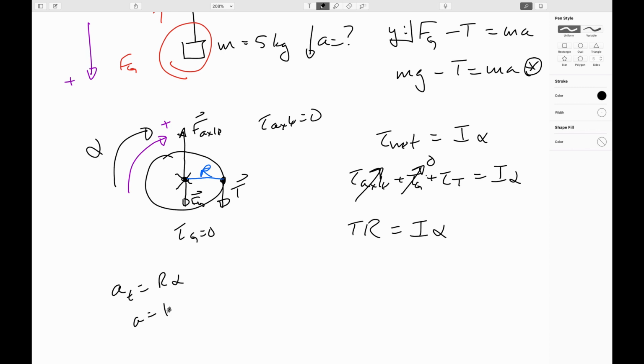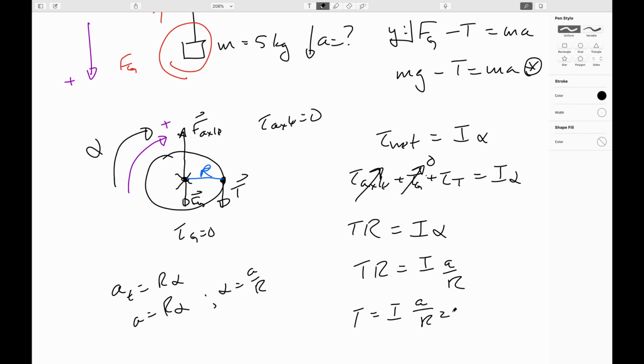So here we can write that A is equal to R alpha. Okay, cool. So then alpha is equal to A over R. So now we can write TR equals I alpha, I A over R. All right, or T is equal to IA